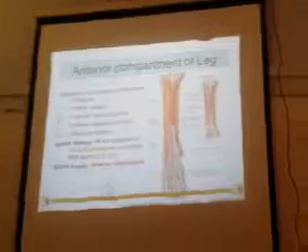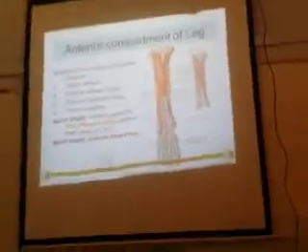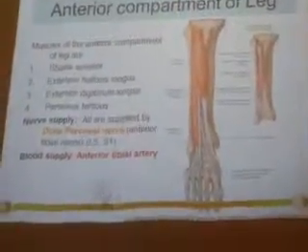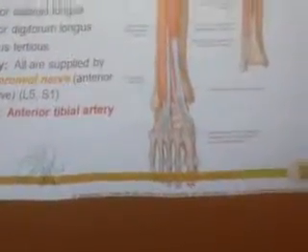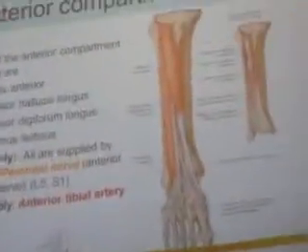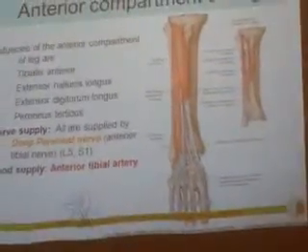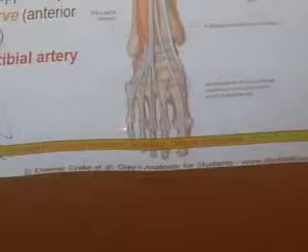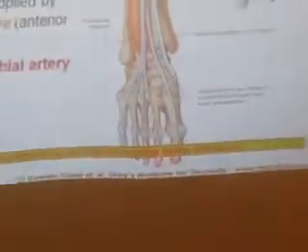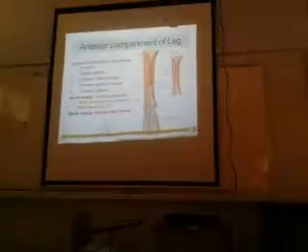So the tibialis anterior takes origin from here and gets inserted to the plantar aponeurosis. The second muscle is the extensor hallucis longus. As the name indicates, it is hallux. It takes origin from the interosseous membrane and goes to the hallux, to the base of the distal phalanx, but on the dorsal surface, not the palmar surface. Similarly, the extensor digitorum longus takes origin from here all the way and divides just like the flexor. Here also it divides into 4 tendons and goes to the base of the distal phalanx of all the 4 lateral digits, on the dorsal surface.